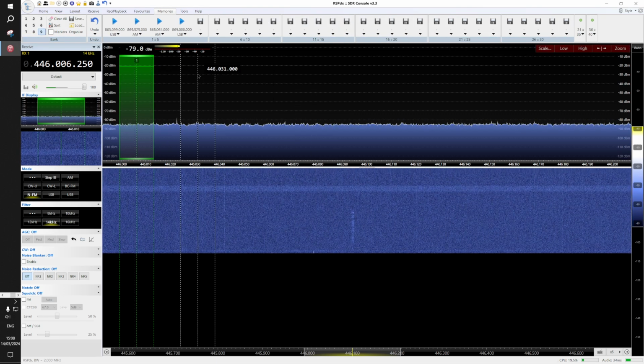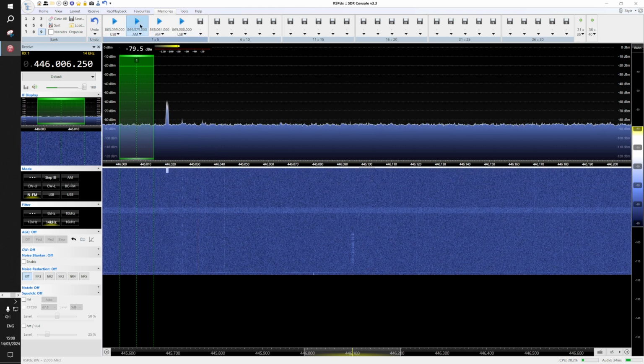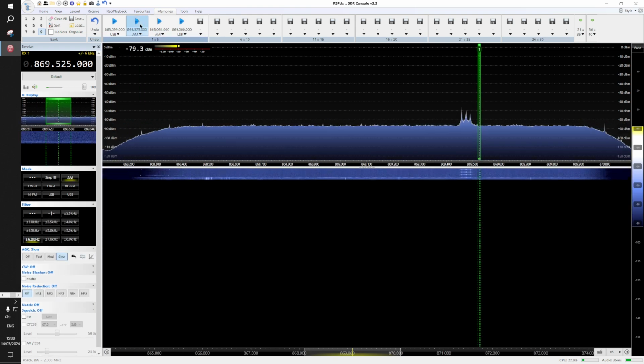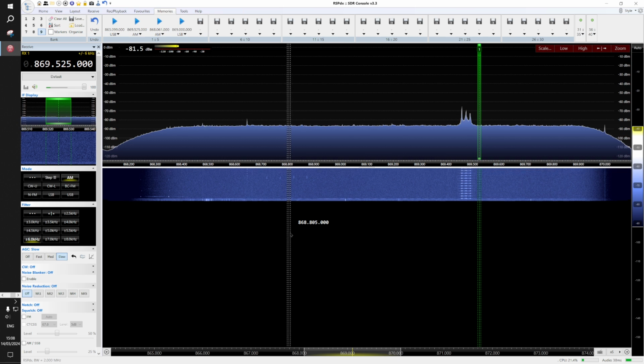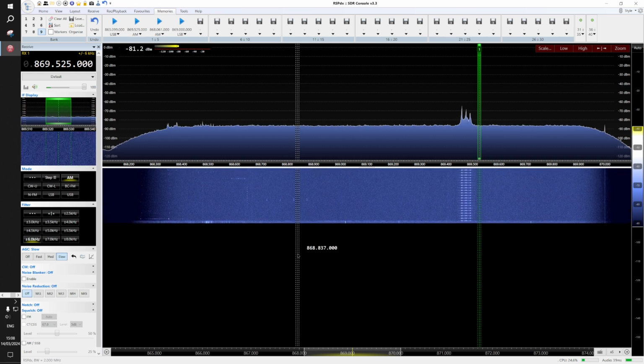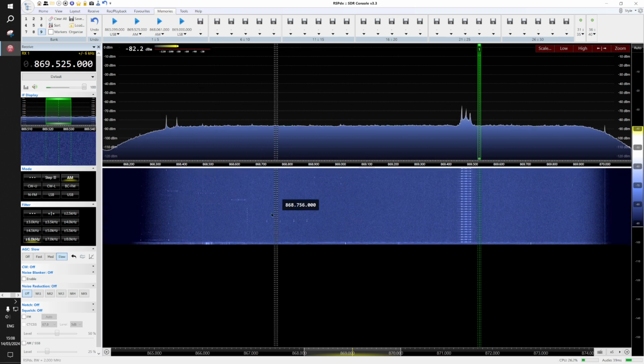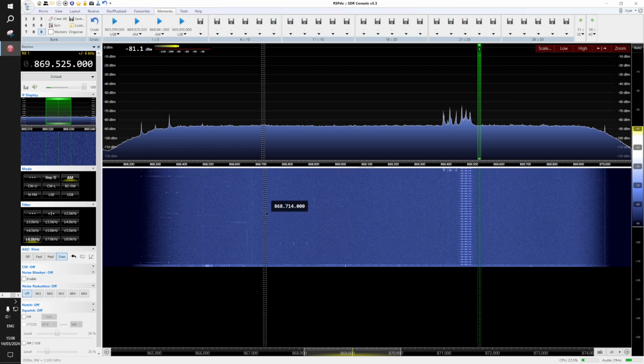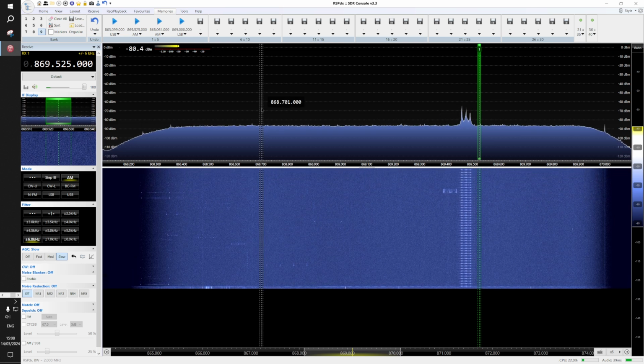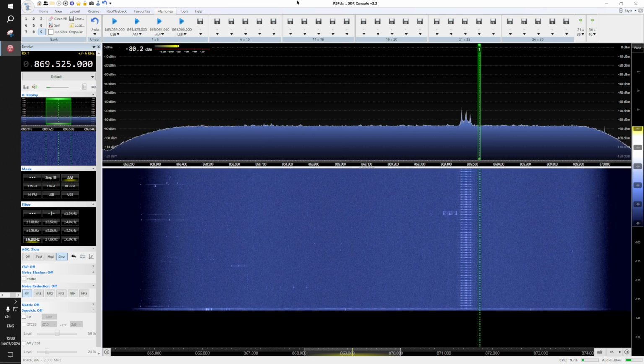These are Meshtastic frequencies. Let's have a look at 869.525. Of course, there's no activity, but there could be. You can see some little packets floating around here. So it's a very sensitive low noise receiver, the RSPDX, and this software I find works really well